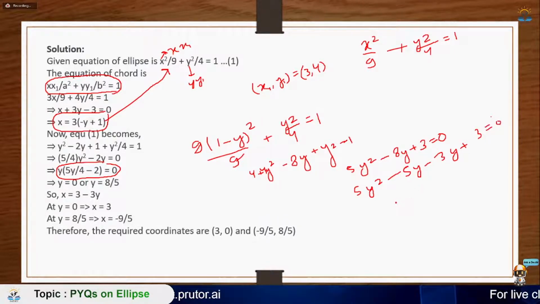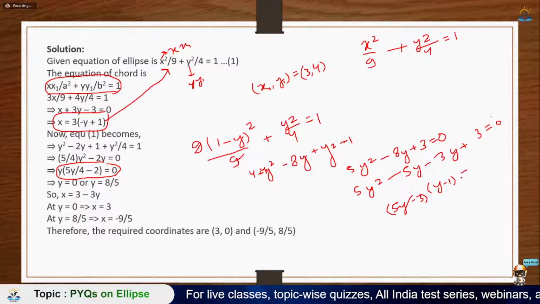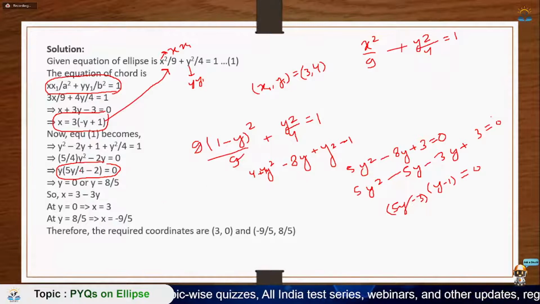So from here, 5y I will take common, and I will be getting y minus 1, and similarly minus 3 here, so I will be getting y minus 1. So from here I'm getting the value of y to be either 3 by 5 or equal to 1. Okay, so I guess if I am wrong somewhere, x is equal to 3 times